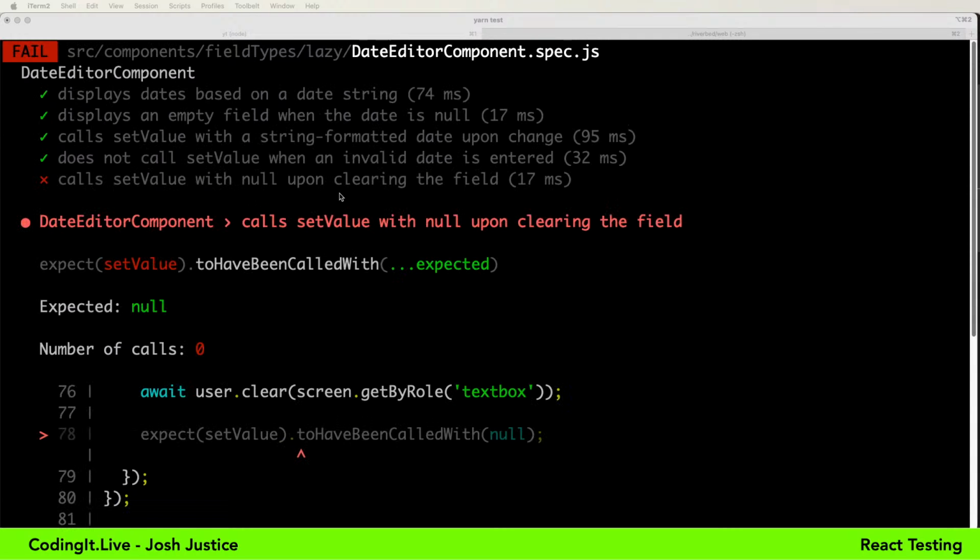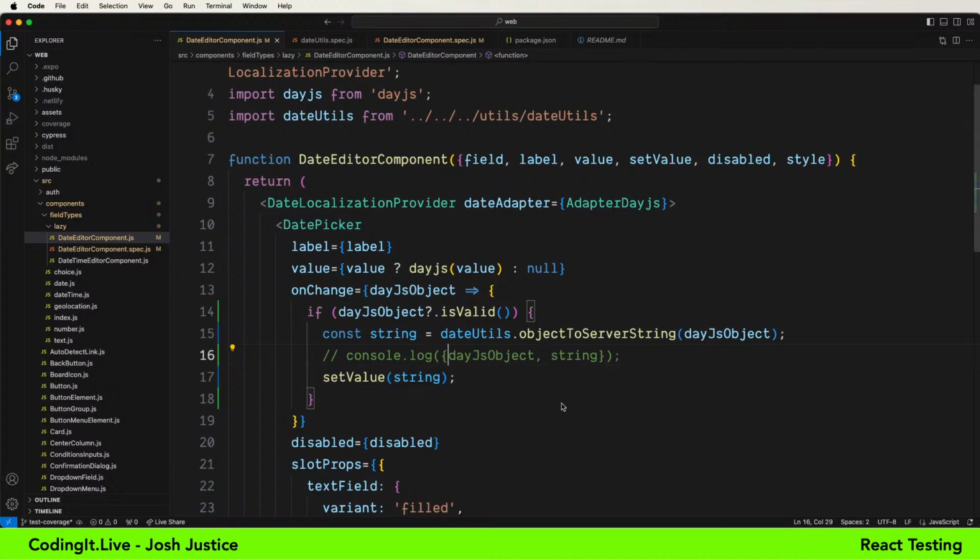Call set value with null upon clearing the field. It does not. Oh, look, so I've failed that case. So I think what we really want here is, I mean, if it's null, we could just return it. But we could also say if not day.js object or day.js object is valid.